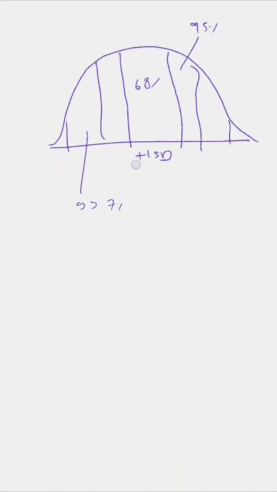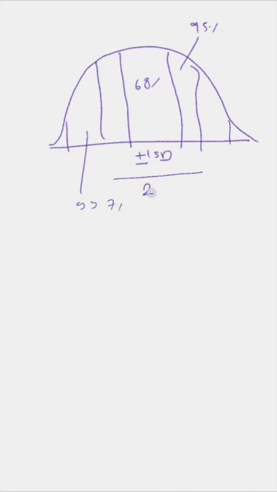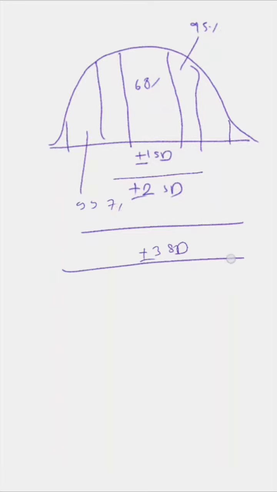And if you remember, if your data follows a normal distribution, then you will see in that curve that 68% of data lies within plus or minus 1 standard deviation, 95% of data lies within plus or minus 2 standard deviations, and 99.7% of data lies within plus or minus 3 standard deviations. What we mean by this is, if I say 99.7%, almost 100% of data lies within plus or minus 3 standard deviations. So within 3 standard deviations of range, all your patients